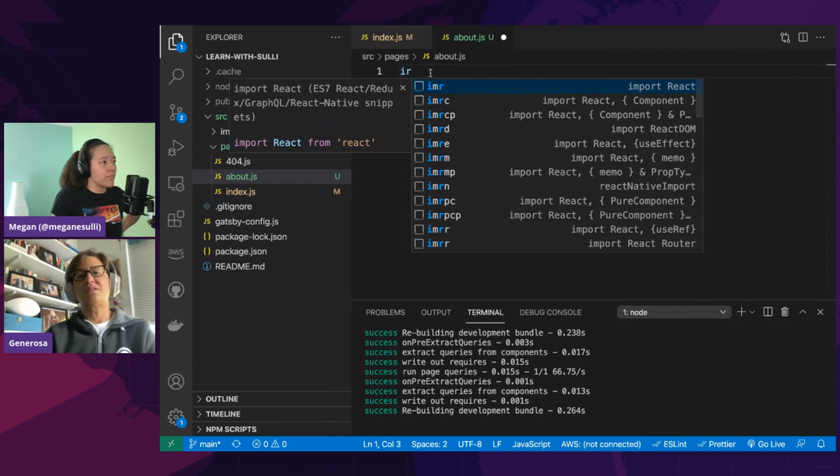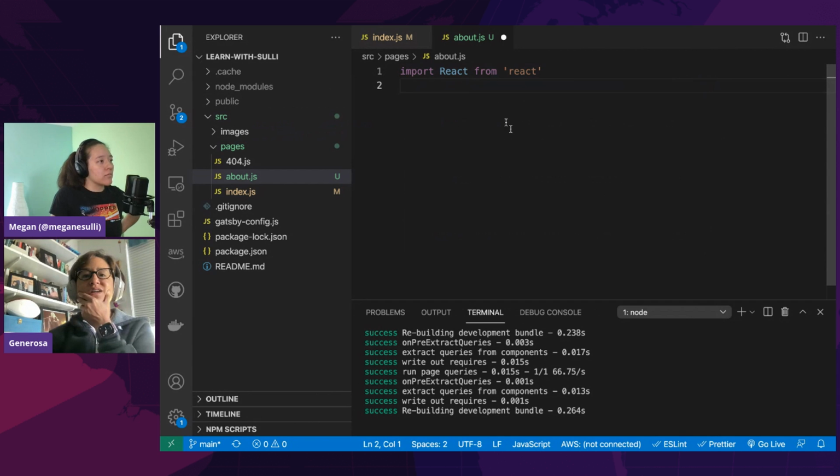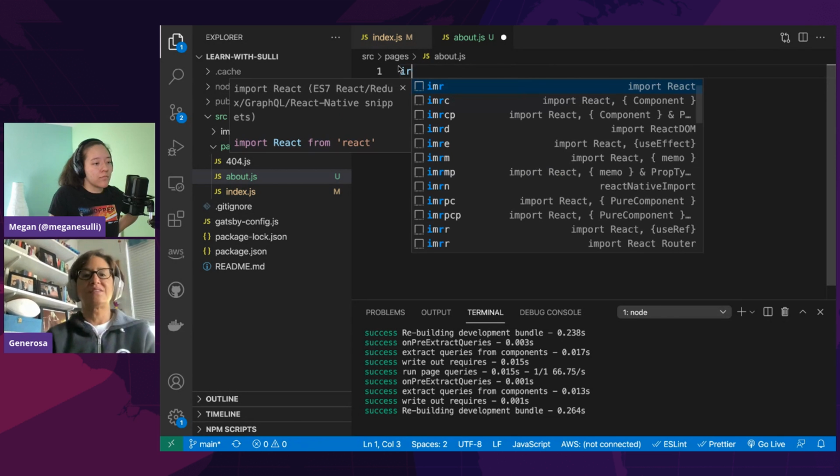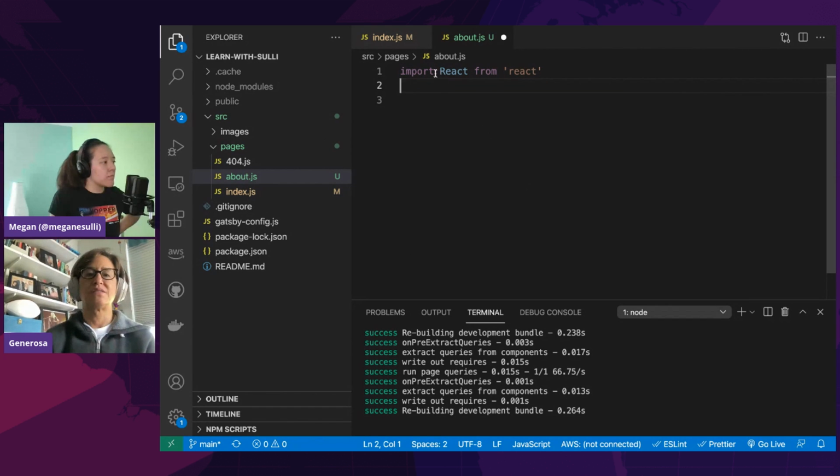I'm using Emmet here. Import React from React. You saw my shortcut was IRC, I think. VS Code does come with Emmet. Oh, you said it's import star.